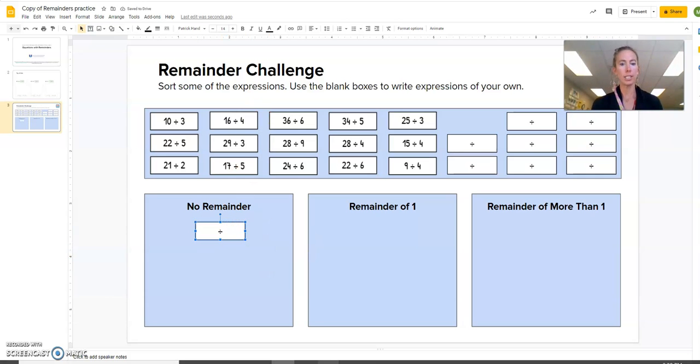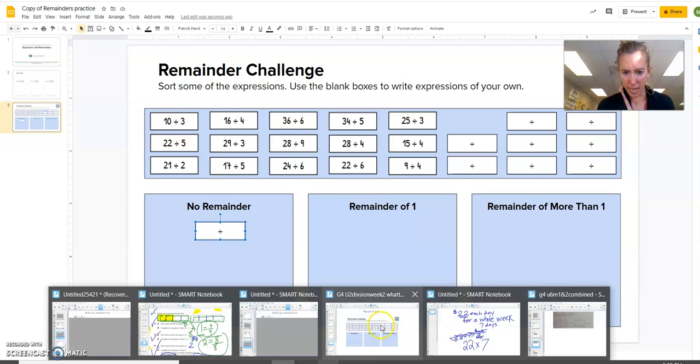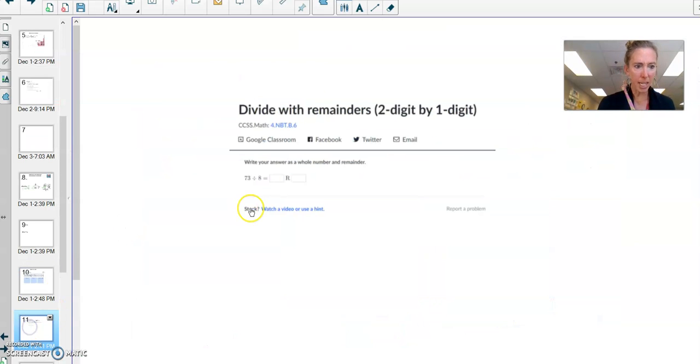Okay, so there's some practice for you. And I think if you want even more, of course, there's always more. There's Khan Academy practice on the math room. And this is just straight up type in what you think the answer is with the remainder, if there is one. Okay? All right, go forth and remember, don't worry,